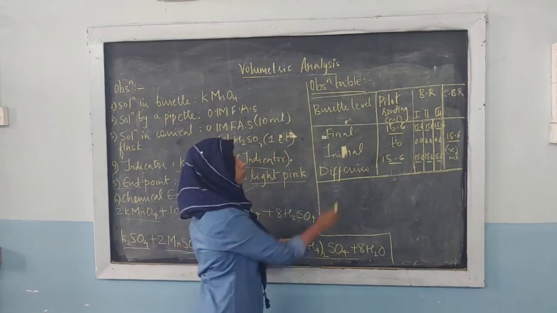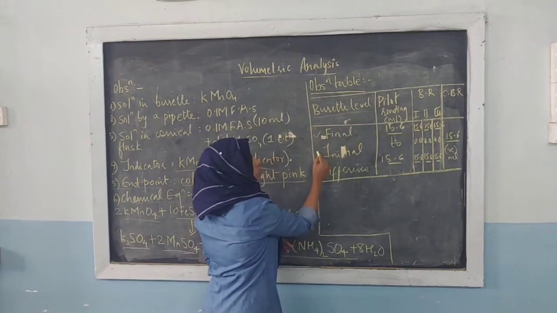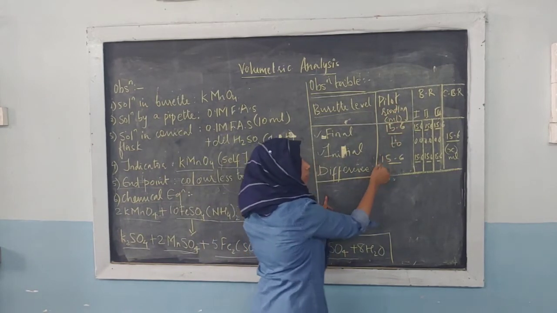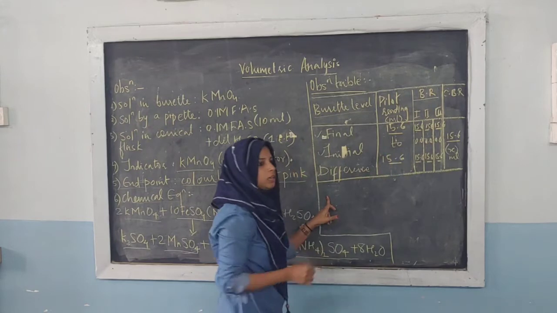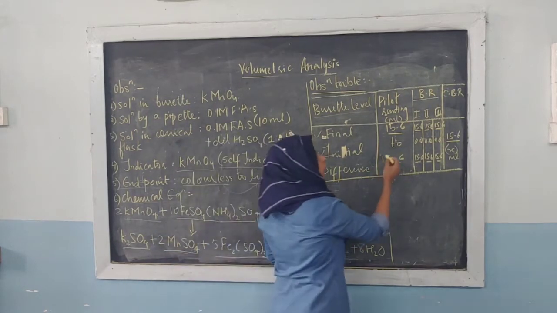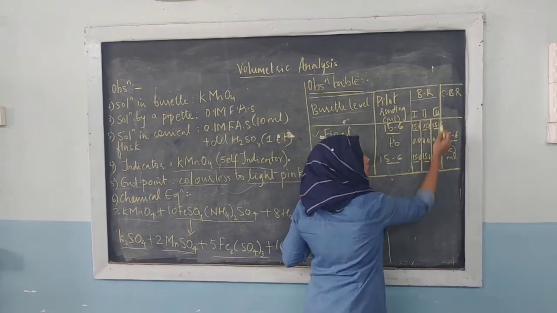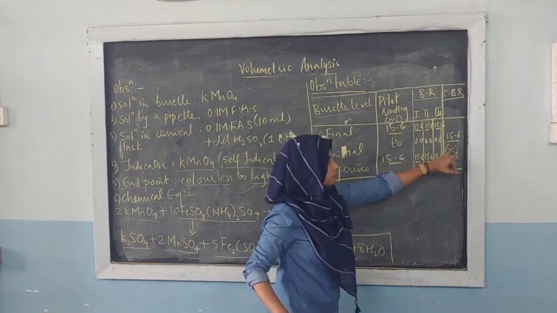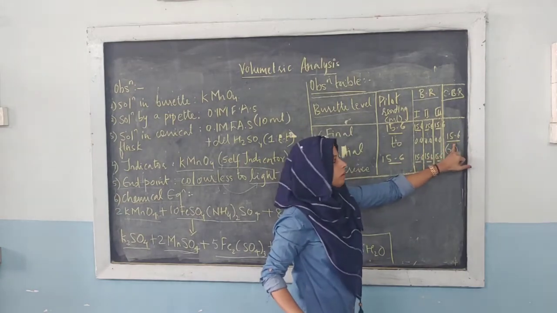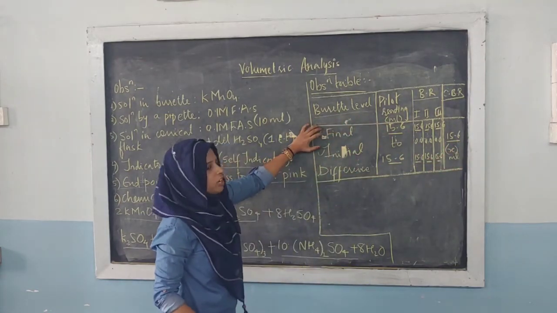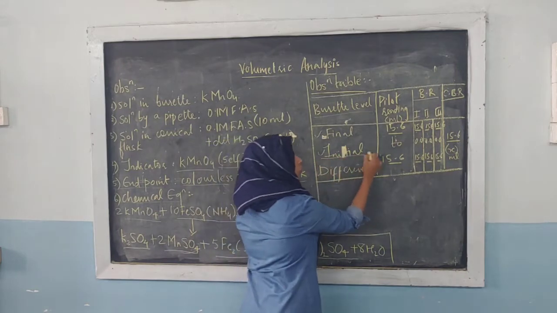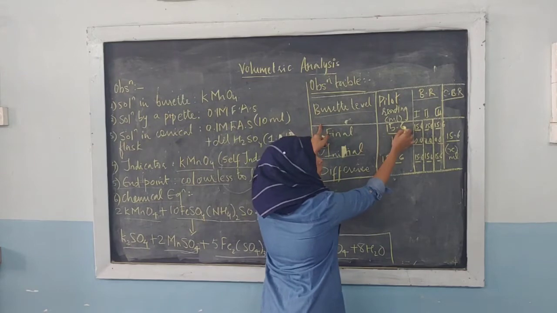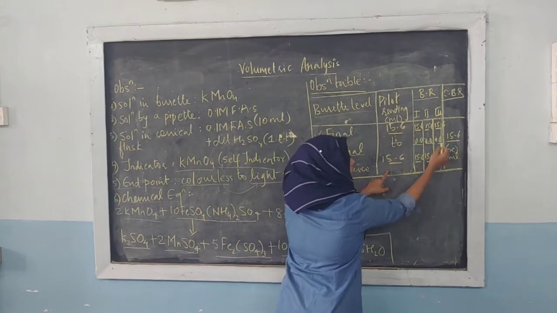Moving to the observation table, this is how we have to make this observation table. Here we have the burette labeled as final, initial and difference. Then we have pilot reading, your main reading, then burette reading. You have to take this reading 3 times, and whatever reading you are getting, you have to write down in this place. Finally, among those 3 readings, you have to choose any one as your constant reading. So here we have got 15.6. Your initial value will be 0, and the final reading you have got is 15.6. Everywhere you have to write down 15.6.